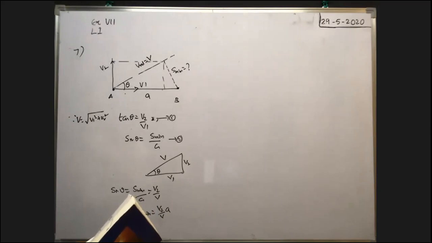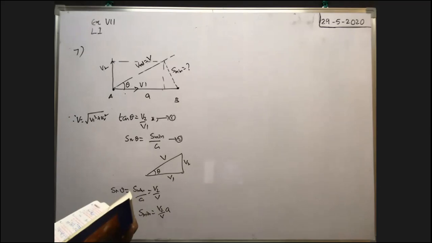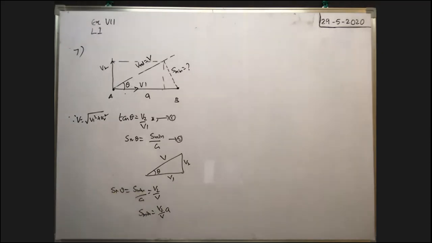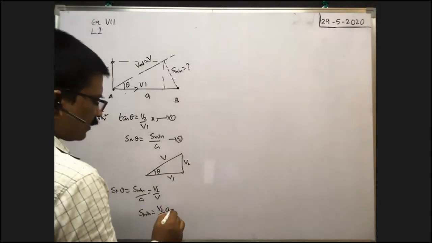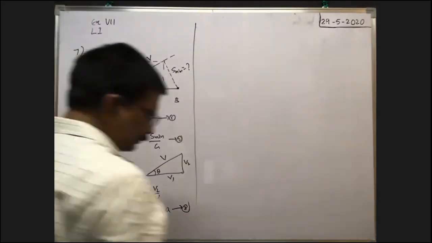Answer is given in terms of V1. How can we write it in terms of V1? Here they asked the time taken, the time taken when they are closest to each other. We calculated the distance, say equation 3. They asked the time taken.